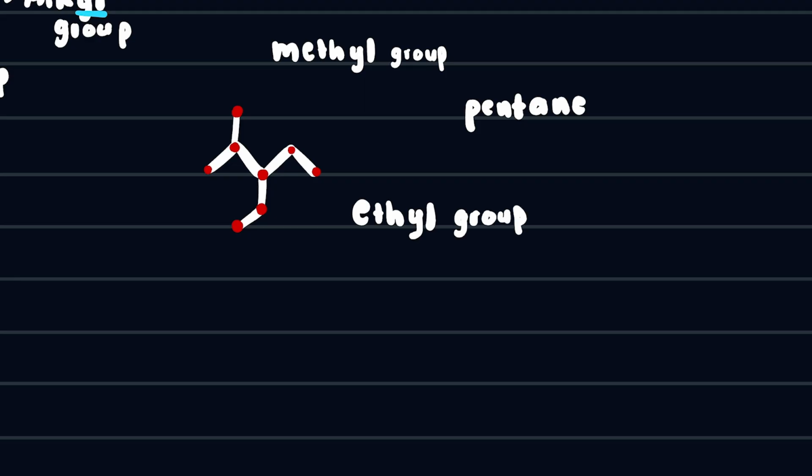Now, how do we know how to number them, right? So we will go 1, 2, 3, 4, 5. That's our parent chain identified. Remember, you want to give your substituents the lowest possible numbering. So I will go left to right, 1, 2, 3, 4, 5, and right to left of your main parent chain, 1, 2, 3, 4,